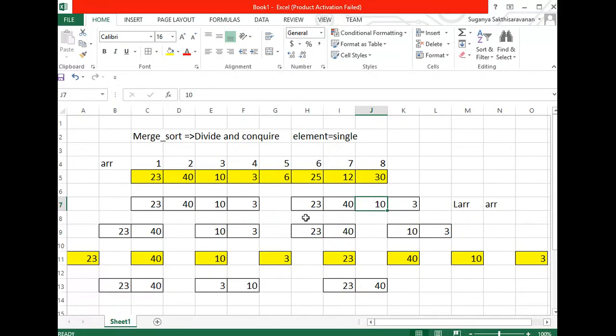Guys, none of you has told me. You can notice here the value is completely different. Until I notice, no one will be noticing. Huh? 12, 30, 6, 25, 12, 30.